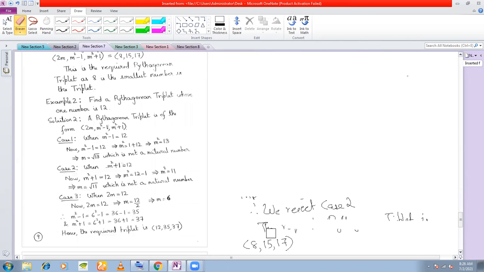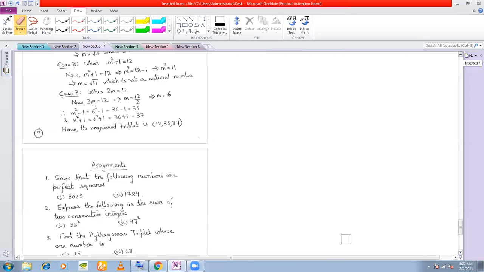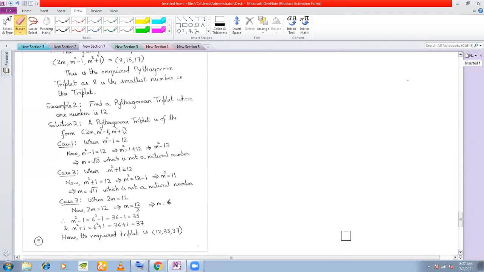Let us see another example. Question here is find a Pythagorean triplet whose one number is 12. One number is 12 means there are three numbers in the triplet. Either of the three can be 12, right? So you have three numbers in the triplet. So either this can be 12